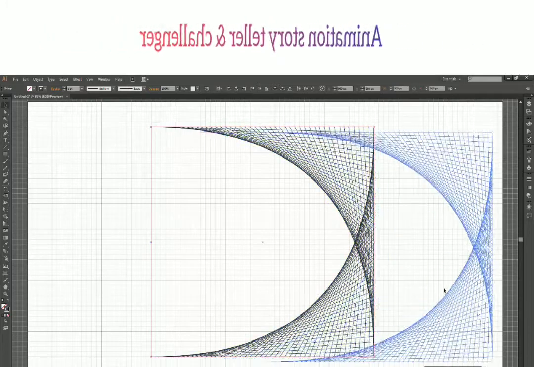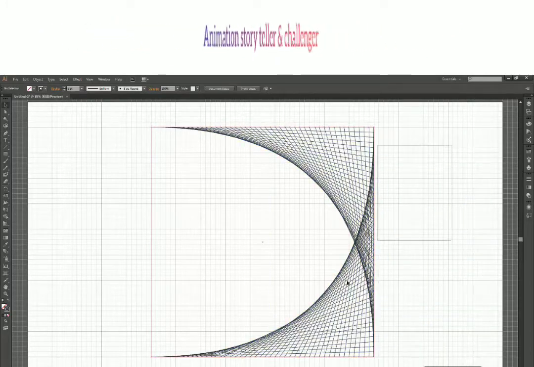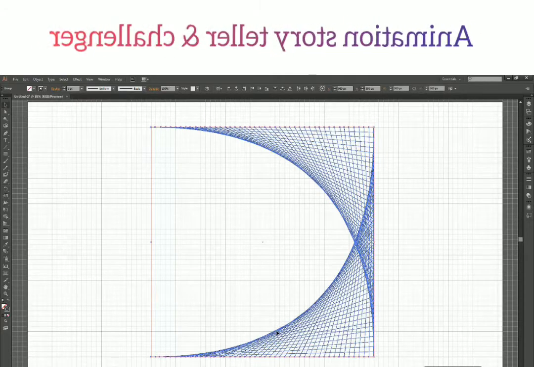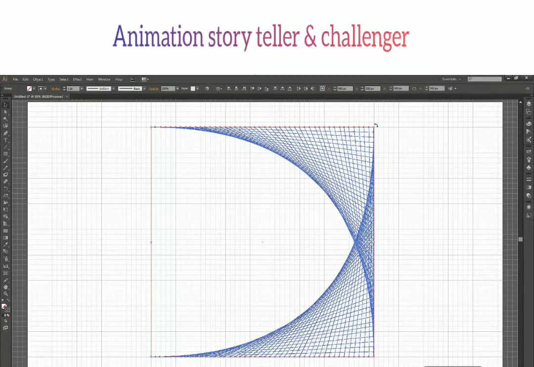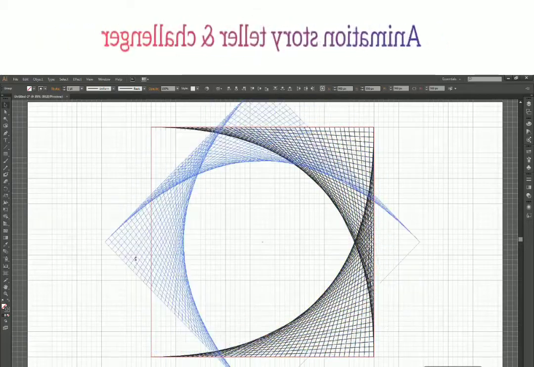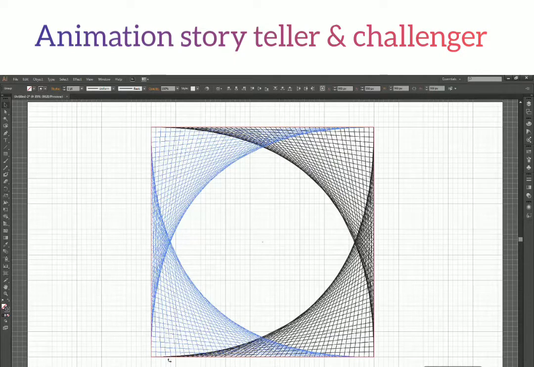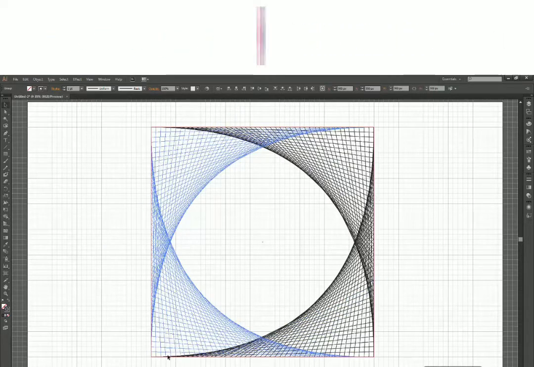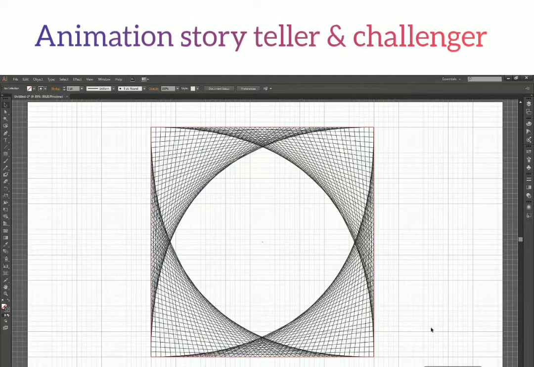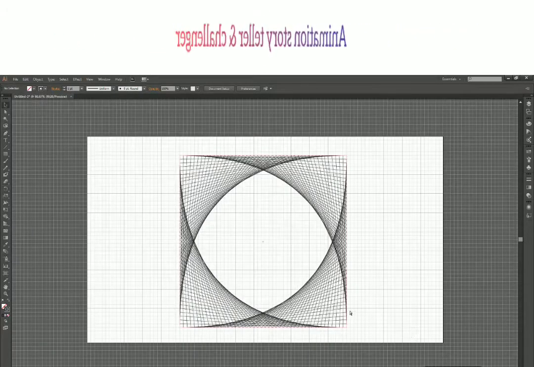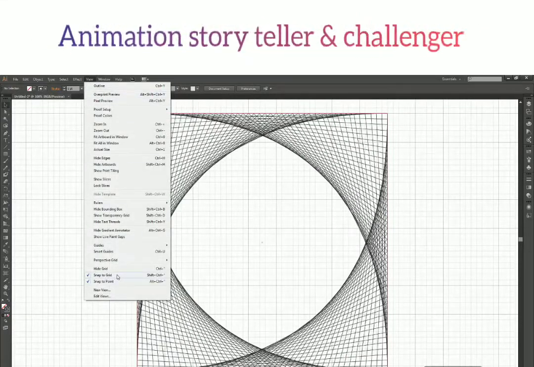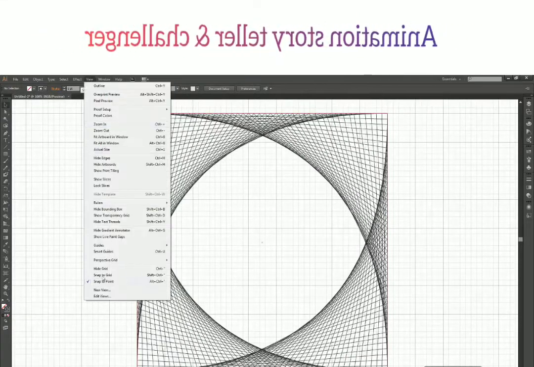So yeah, now we have two groups, and what we can do is select these two groups and press Control C, again Control Shift V to paste in the same place, and again rotate them by 180 degrees. All right, so again press the Shift key so that it snaps to a 180-degree angle, and there we go. So here we have our design ready, and right now it doesn't look very impressive. Let me turn off the grid. So we'll uncheck Snap to Grid and we will hide the grid.